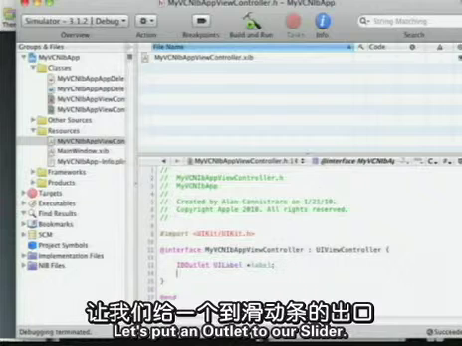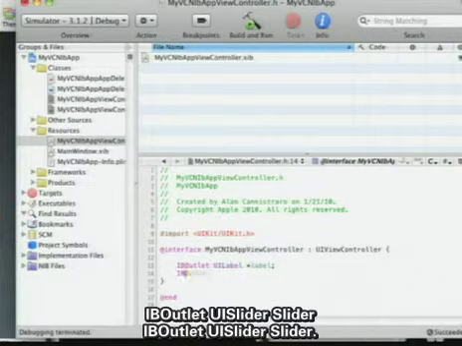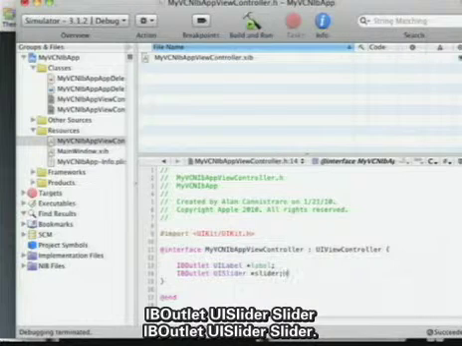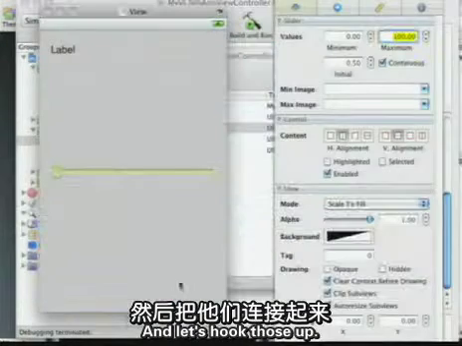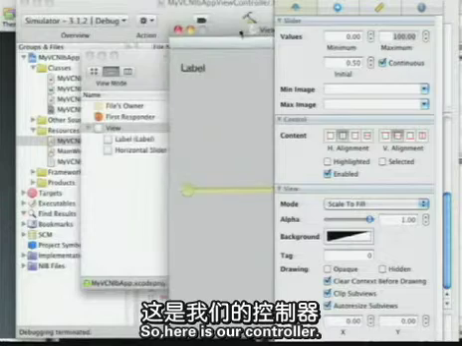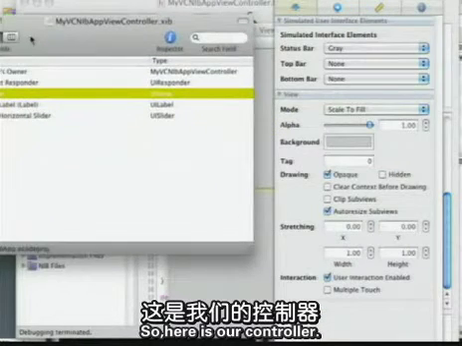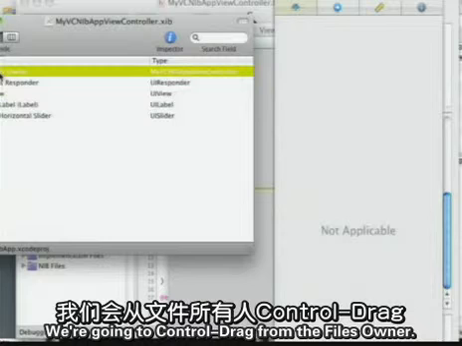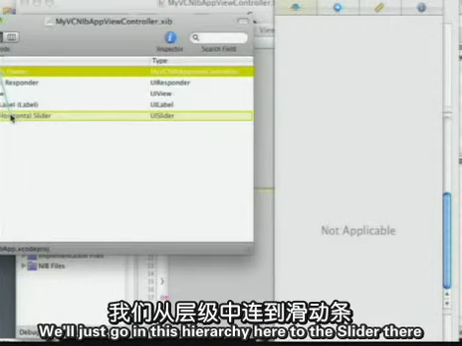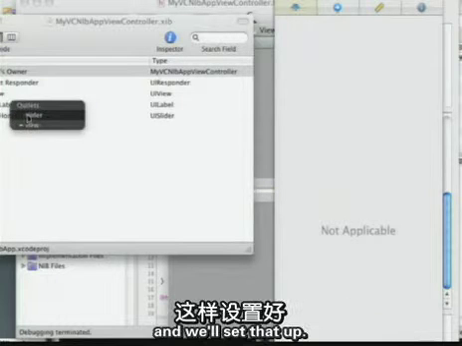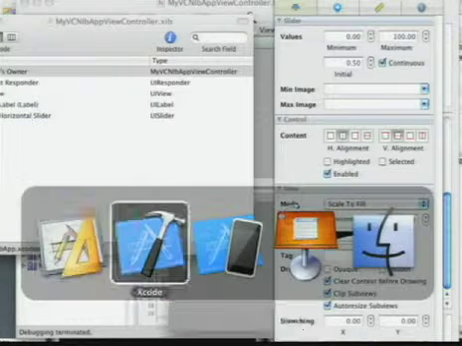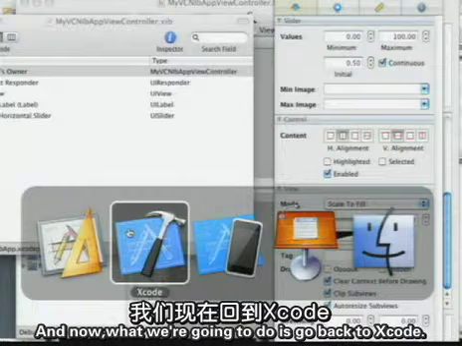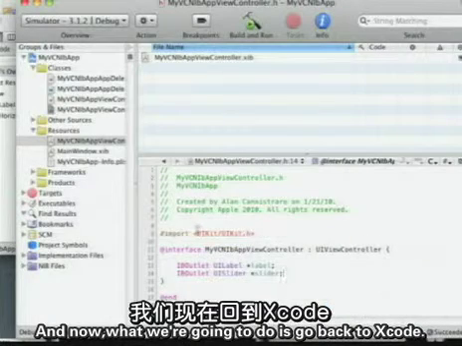Let's put an outlet to our slider, IBOutlet UISlider slider. And let's hook those up. So here's our controller. We're going to control-drag from the File's Owner. We'll just go in this hierarchy here to the slider there, and we'll set that up. And now, what we're going to do is go back to Xcode,